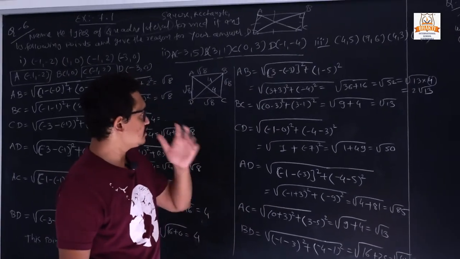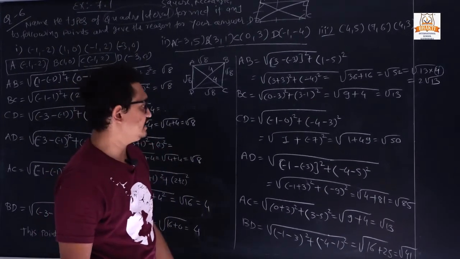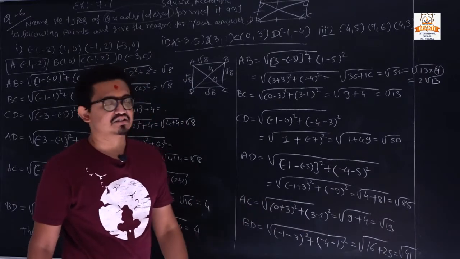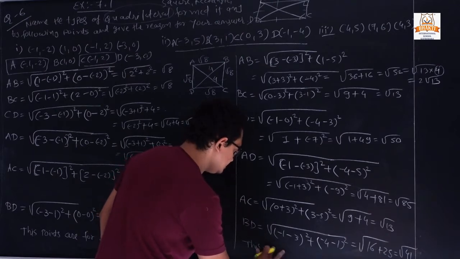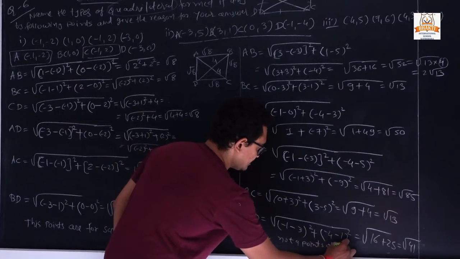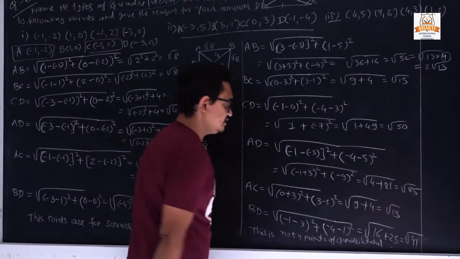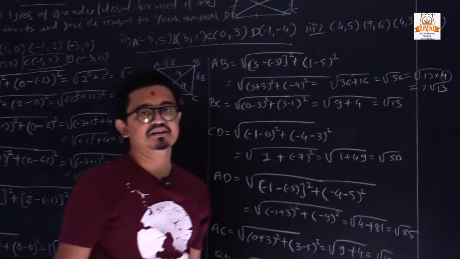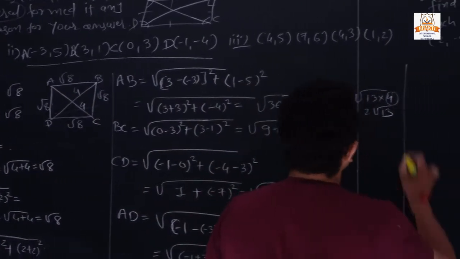So here it is not any kind of the quadrilateral. Why? Because all sides are different. Clear? All sides are different. And second thing is what? Diagonal measurements are also different. So we can declare that this is not a quadrilateral. Clear? Question 3 is same as our question first and second. So we can start with our question 3rd.